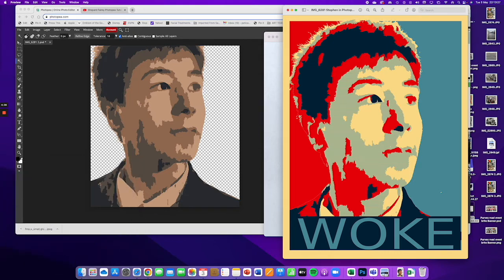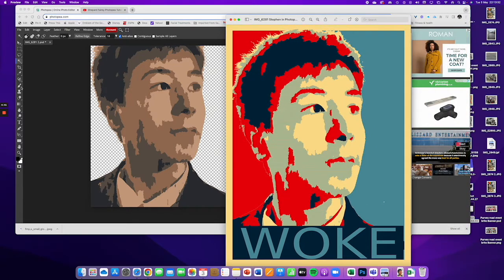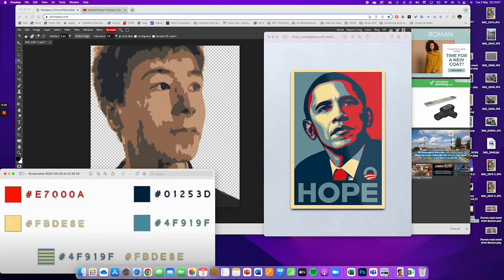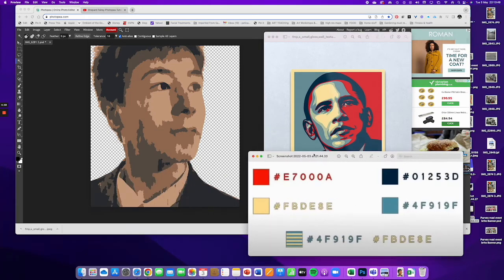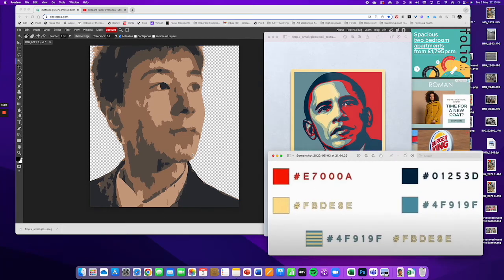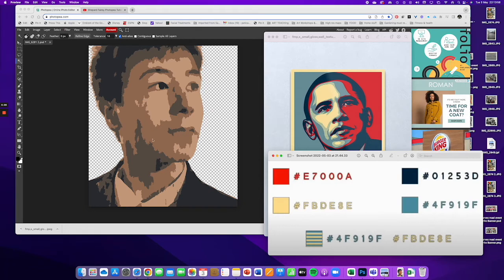Okay, so luckily I have managed to obtain those colours, but it's not that difficult to get them, because all you do is you use your colour picker, because every single colour has a code, which I'm now going to show you. Here we are. So here we have the colours that he uses, Shepard Fairey that is. And what we're going to do is replace all of these browns for each one of these colours. And then I'm going to show you how to do the half-tone pattern, which is what this is called,